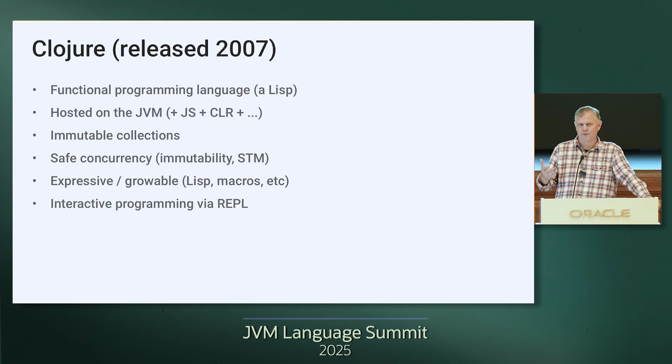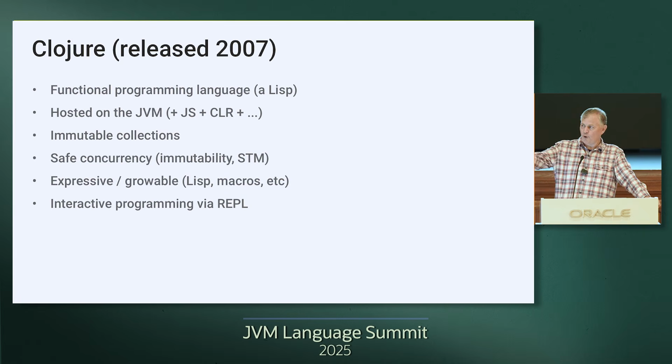Including the STM was kind of an important part of Rich's story about how Clojure works, and he did a talk here called Are We Finished Yet? Here at the JVM Language Summit, probably, I don't know when that was, 2011 or 12, something like that, which was really kind of about that. I think the thing we've learned to report back to you from the future is that you really don't need the STM most of the time. Most Clojure programs don't use the STM at all or use it very, very sparingly. And you can actually store the majority of your state in your program in a small number of atoms. Which is how most Clojure programs are written these days.